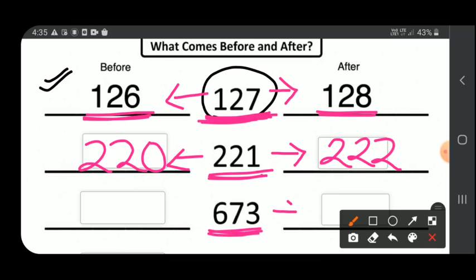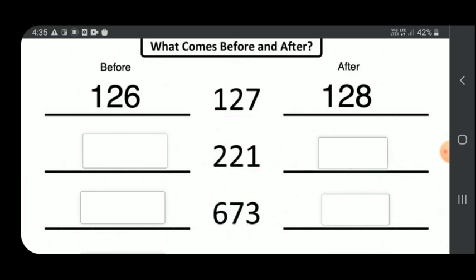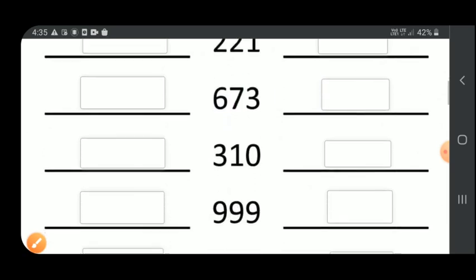Now after 673 you will get 674, and before 673 you will get 672. Here you can see 73, 74, 73 before 72, but the 100 place digit always remains the same. So like this, let's move to another one.